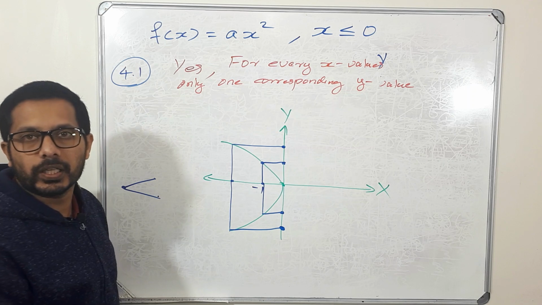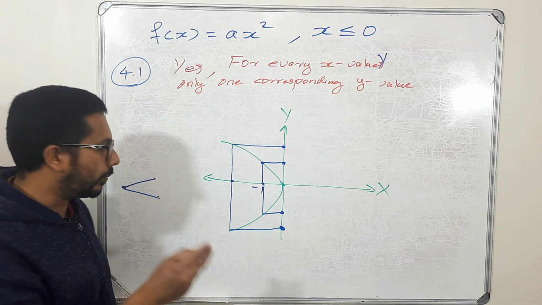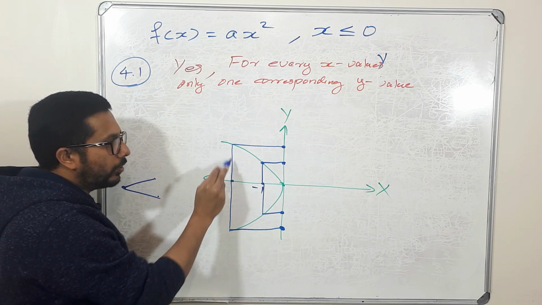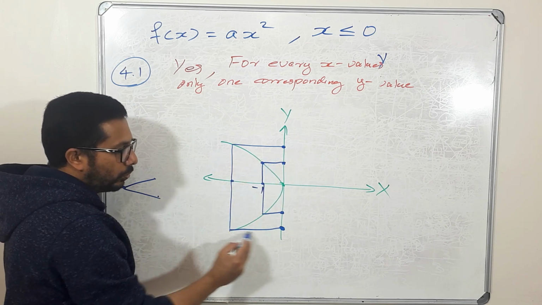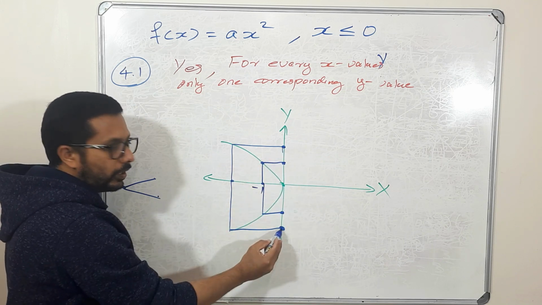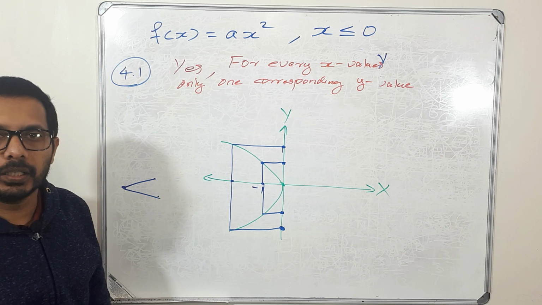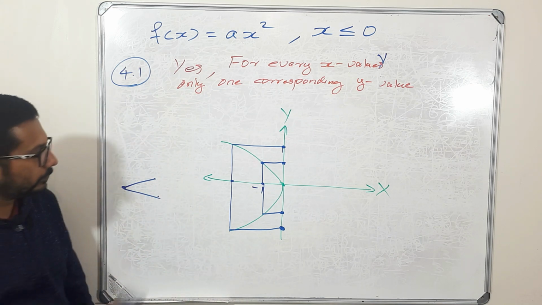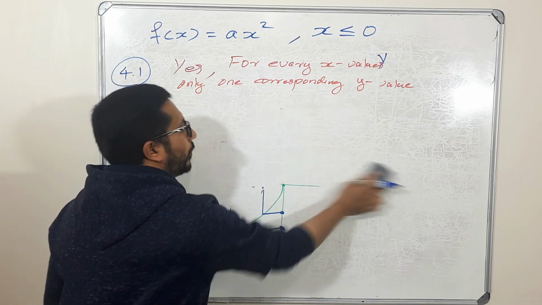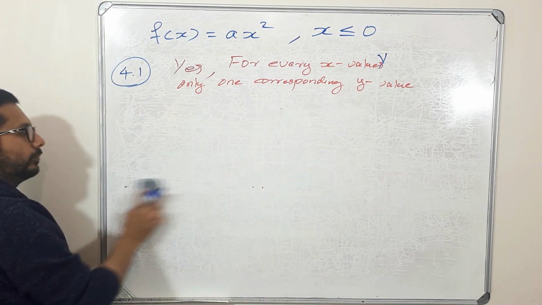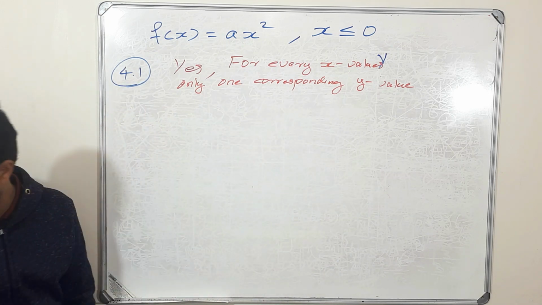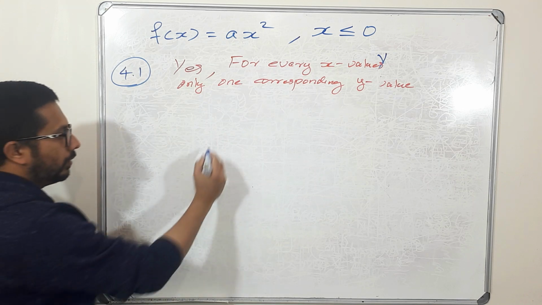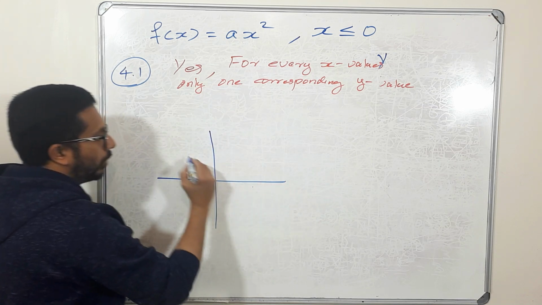Two y values. That means for one x value I am getting two corresponding y values. So it is not a function. But if I draw something like this, our normal parabola graph, if I draw a parabola like this,